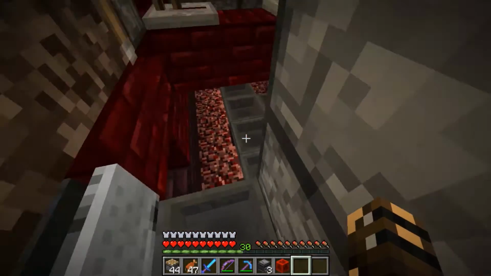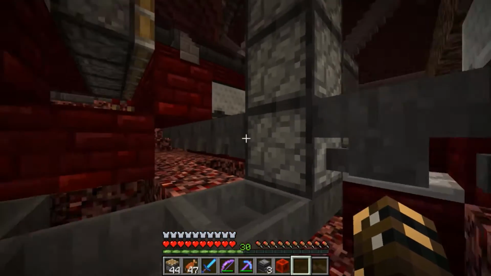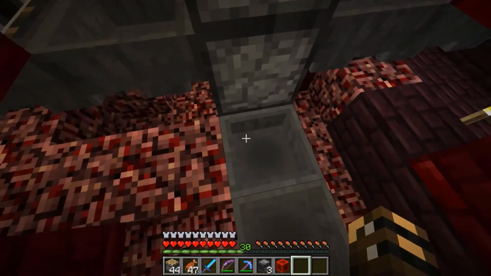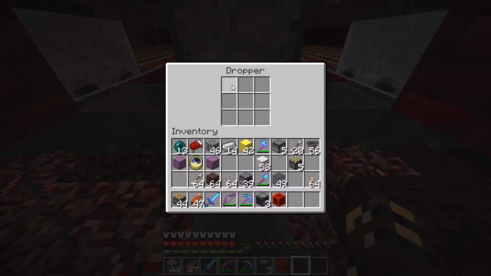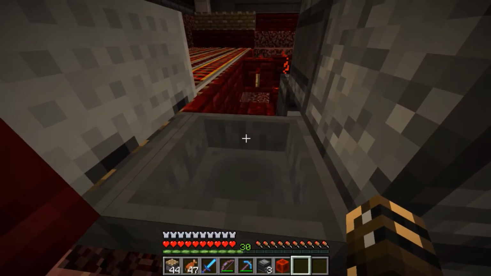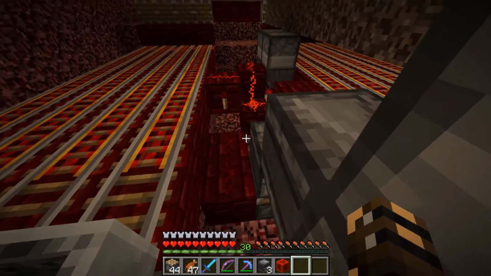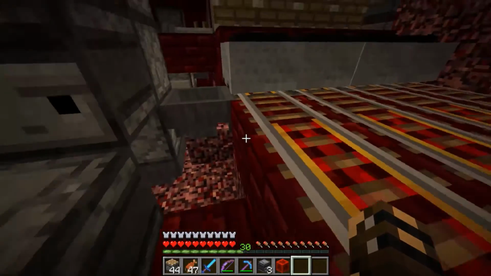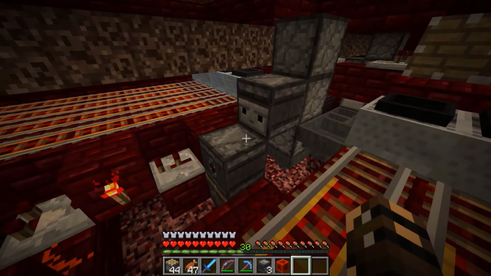Now, I've got a hopper coming straight off the bottom of this dropper here. But because I've got 2 hoppers coming in here and only 1 leaving, that means there'll be a backlog of Nether Wart in this dropper, and so I'll be able to fire it even as it's being filtered away to somewhere else. And I've got 3 droppers there, and the dropper elevator I'm using, the device I'm using to fire